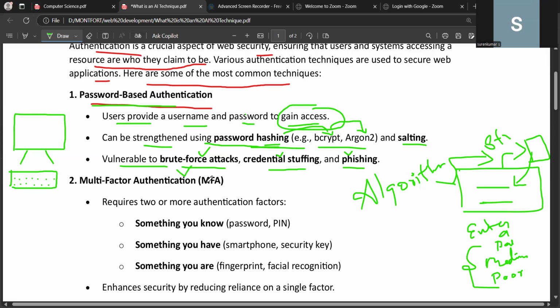Brute force attack. What are brute force attacks? A person tries to open a system or a page by using multiple passwords, which means all possible combinations of passwords, by assuming something. Coming to credential stuffing: we have software, and by using that software, we can put in some usernames and passwords, and